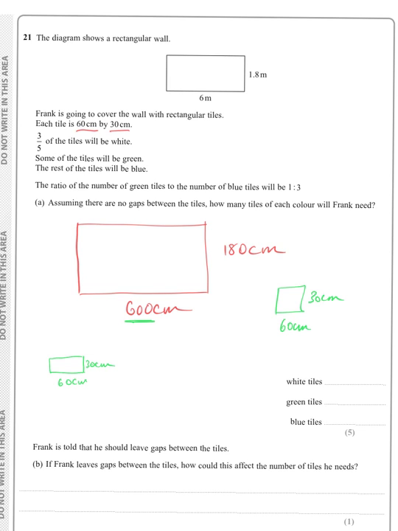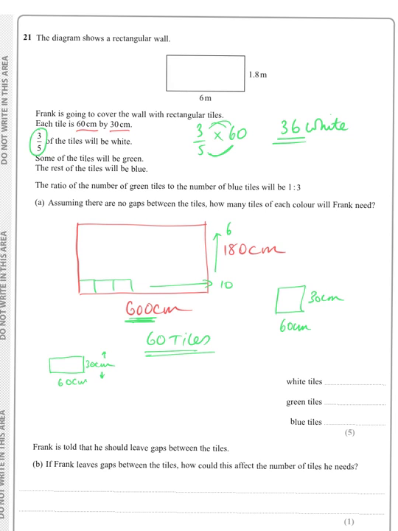Then how many would we be able to lay across here? Well, if we started laying these tiles across, then we'd have 10 this way, and if it measured 30 in terms of the width, well, how many 30s would go into 180? Well, there'd be 6 rows of 10 tiles. So we can definitely work out that there'd be 60 tiles to begin with. So the next thing we'd have to work out, and of course you'd lay your work out better than this, it's just I'm laying this out so I can explain it to you. So 3/5 of the tiles, so 3/5 of 60, and you can either do this as 5 into 60 is 12, times 3 is 36, or 3 times 60 is 180, divided by 5 is 36. So you can work out there's going to be 36 white,